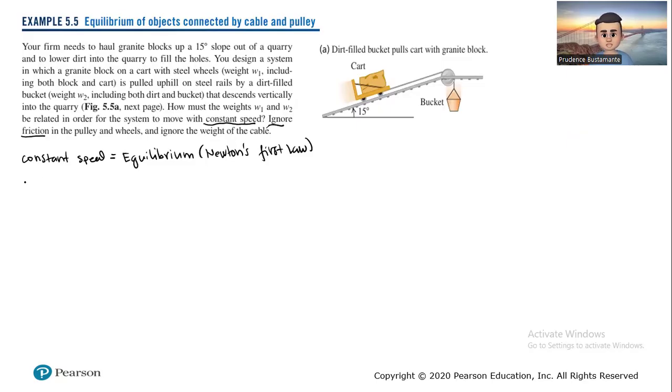Of course, first things first, free body diagrams. Free body diagram number one for the cart. Okay, let's do the cart first. There's no friction, but there is a normal force. There is a weight force. This is our y, and this is our x. So we see that there is a tension here, T.